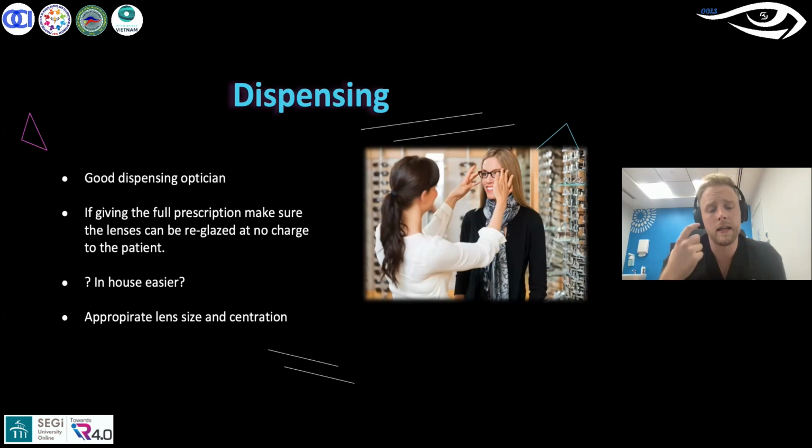You really want to make sure that the appropriate size of lens is picked, centration is correct. And another thing is the patients always come back and they'll say, oh, but if I look at a strange angle or tilt the glasses or turn them upside down, I get better vision. And you really need to have a dispenser that's confident enough to say, oh, do you know what? That's actually quite